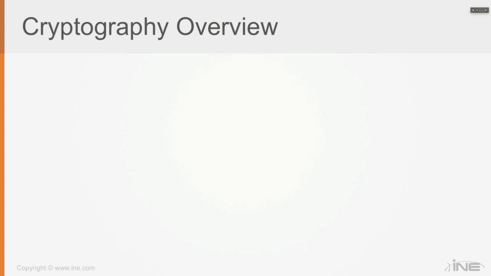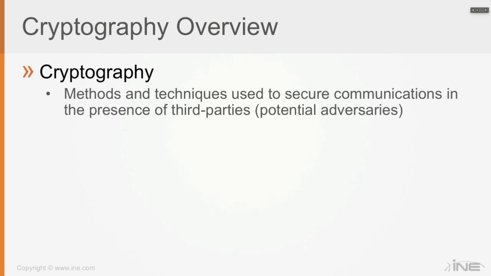So to begin with, let's speak about cryptography, the overview. What is cryptography? It's methods and techniques used to secure communications in the presence of third parties, which means potential adversaries. So cryptography is used to secure, to call it simple, IP data, both in transit and at rest, which means